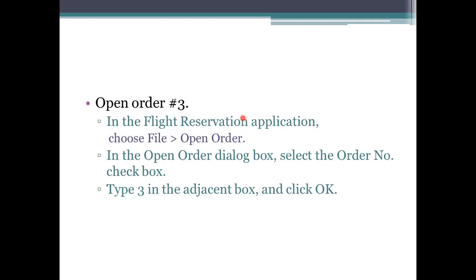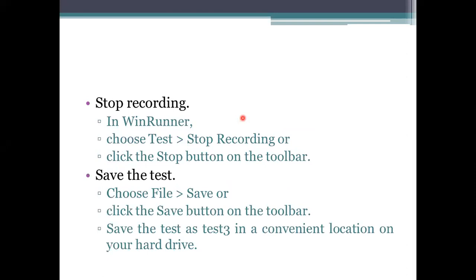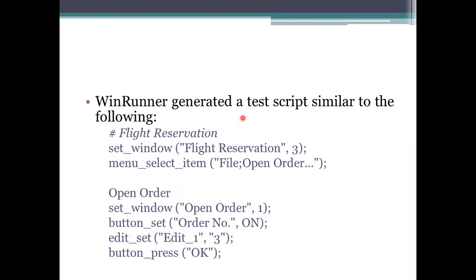To specify the order, we need to specify the flight name of the flight you have chosen, and the class we have been given, and all these things are placed. Whenever we insert the order, the name is specified for that order, and the order number here is 3. So here the order has been taken, which means it recorded all the details given by the user. Just stop the recording and save the result. Saving the result means it will be saved for further purposes.